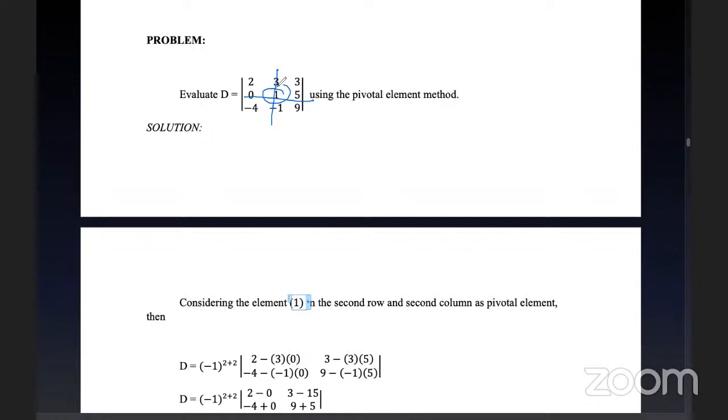So 2, 3, -4, and 9. So this will be 2 times